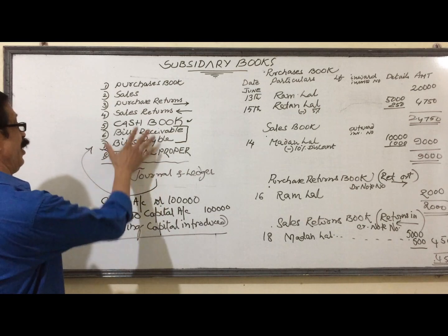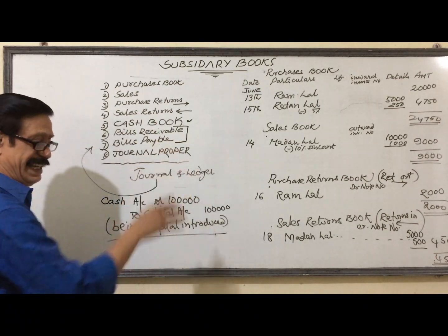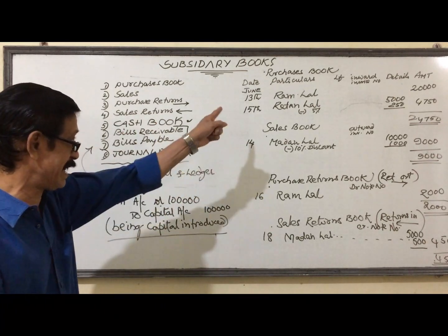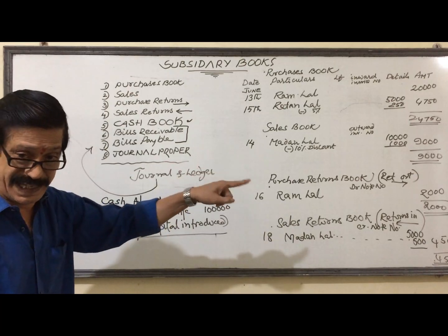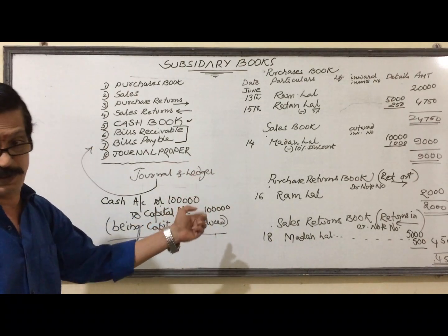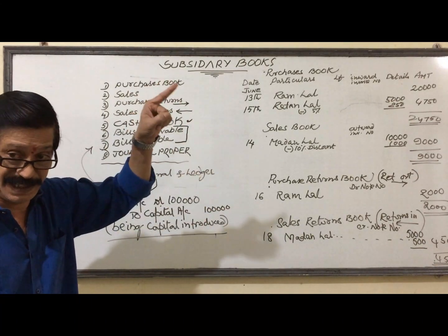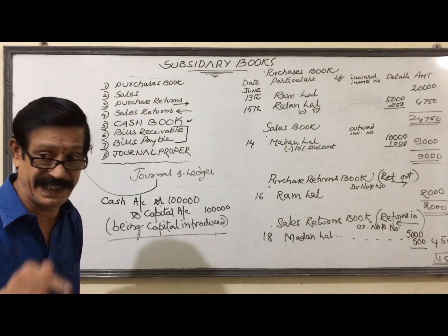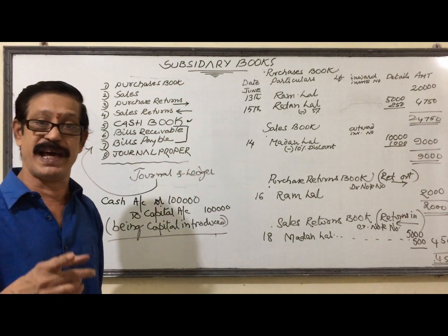It is the journal only. A separate ledger is there. In the ledger book, purchase account is there, sales account is there, purchase returns account, all the accounts are there in the ledger. When you are entering the ledger accounts,